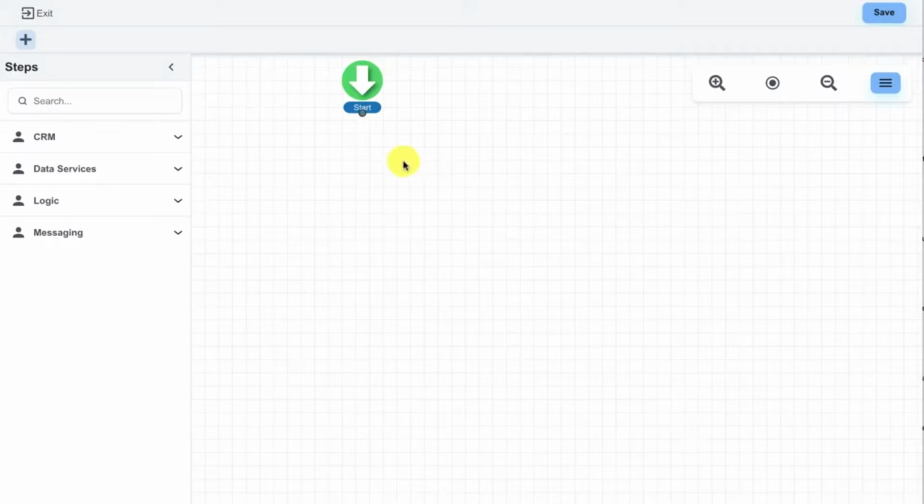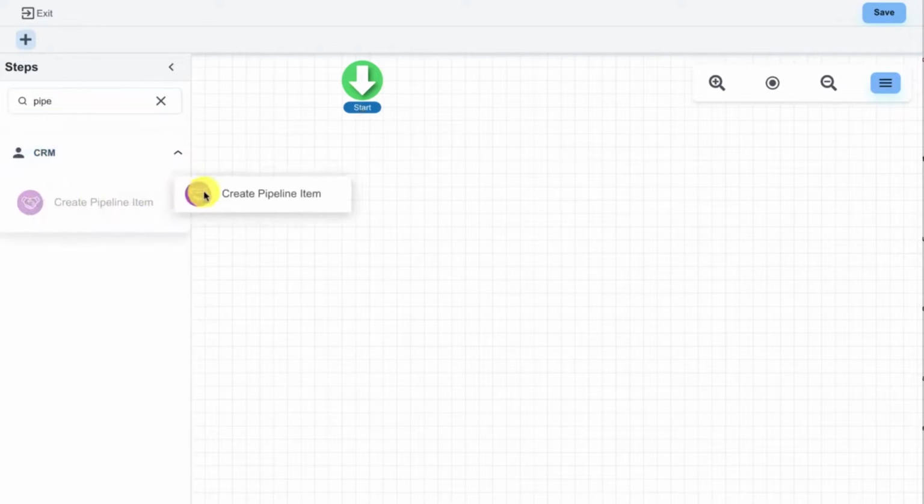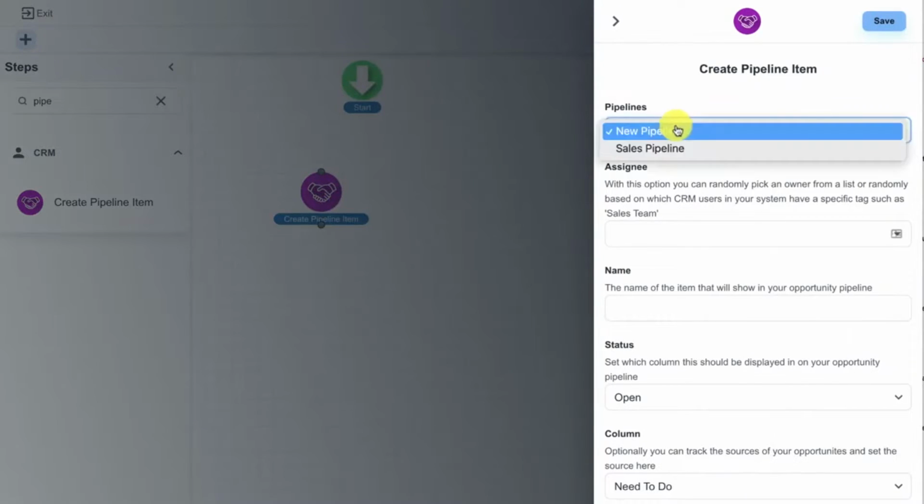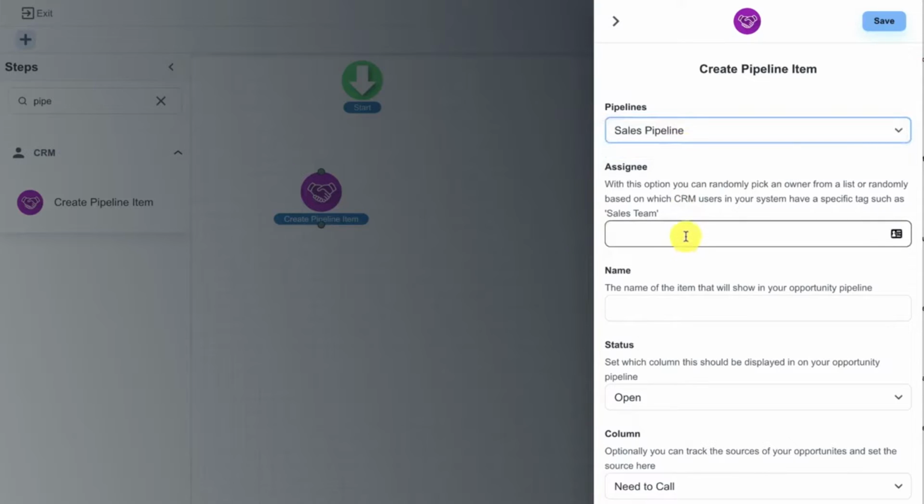So this is the flow that's going to run every single time my form is filled out. In this case, since I'm using the request information form, this is going to be like a lead. So I'm going to first search for the pipeline step, and I'm going to create a pipeline item for someone on my team. I'm going to create this new task in the sales pipeline, and I can specify who it's